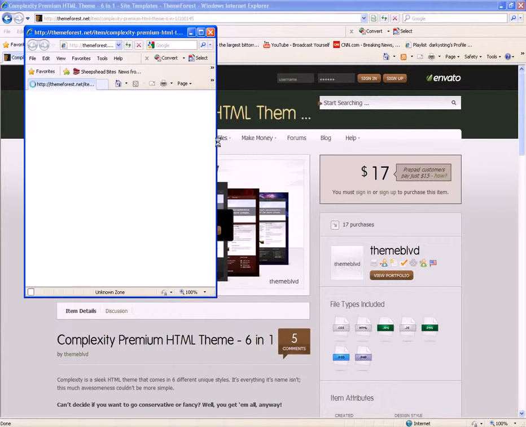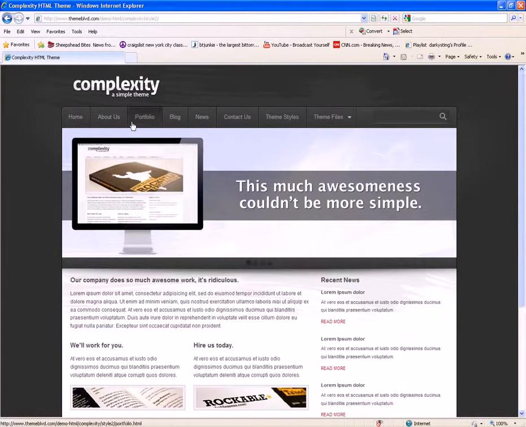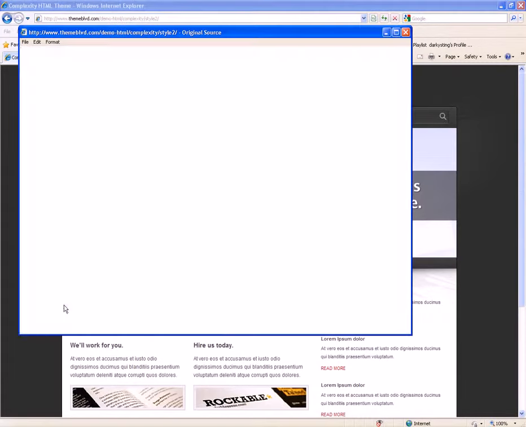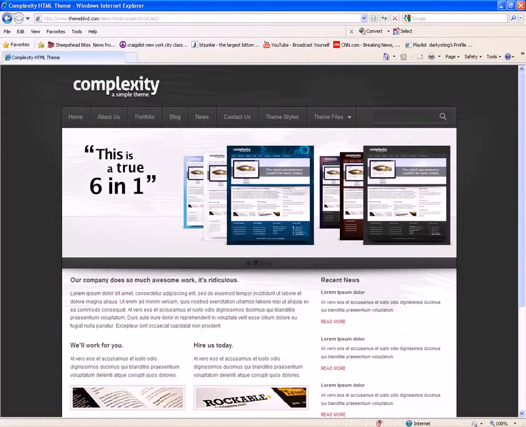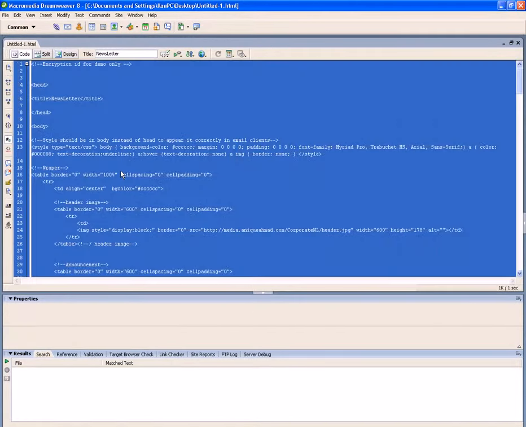Live preview. Okay, let's see what we got here. Oh, it's still loading. Oh wow, this looks really, really complicated. It's really pretty, but it looks really complicated. The first thing I want to do is, like I said, view the source. Let's see how the back of this works. And let's copy the source. Let's go back to Dreamweaver, and I'm just going to delete this whole page and change the source to the